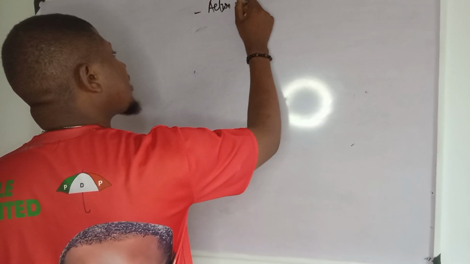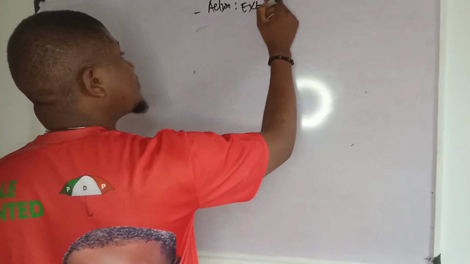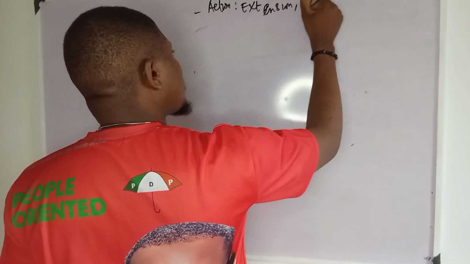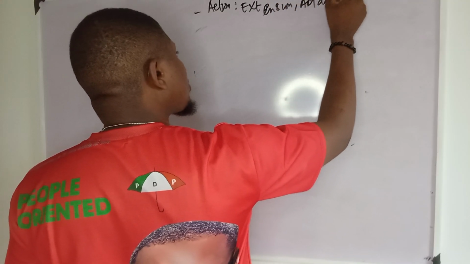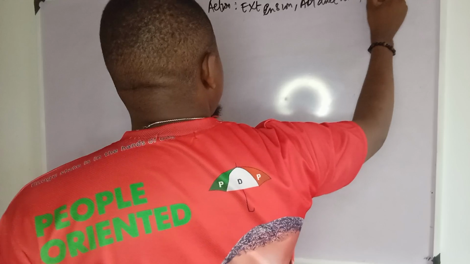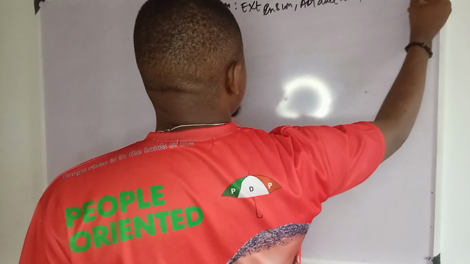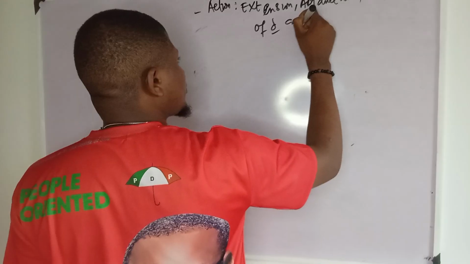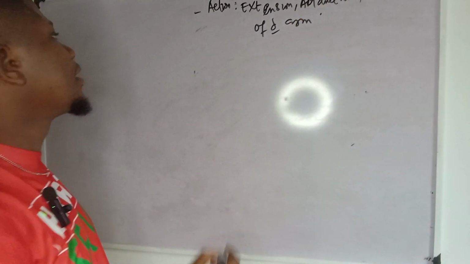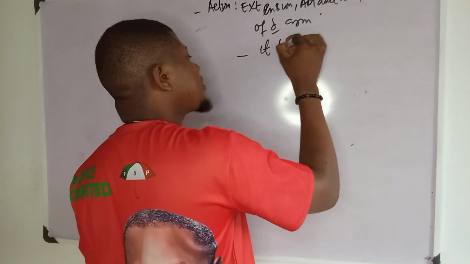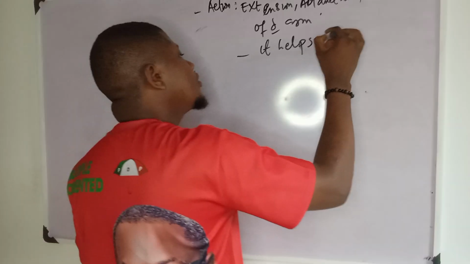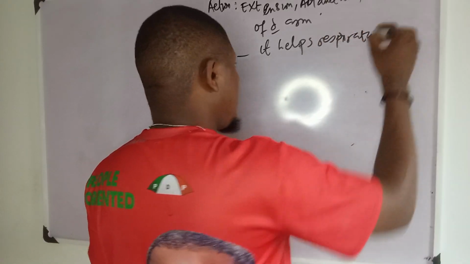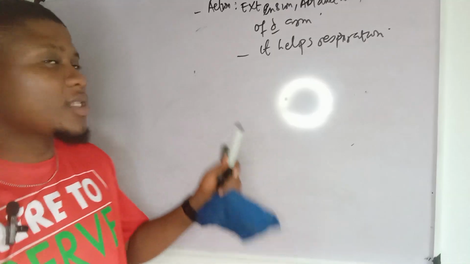So we have extension, adduction, and medial rotation of the arm. Then it also helps in respiration. Okay, so one thing you have to notice is this: